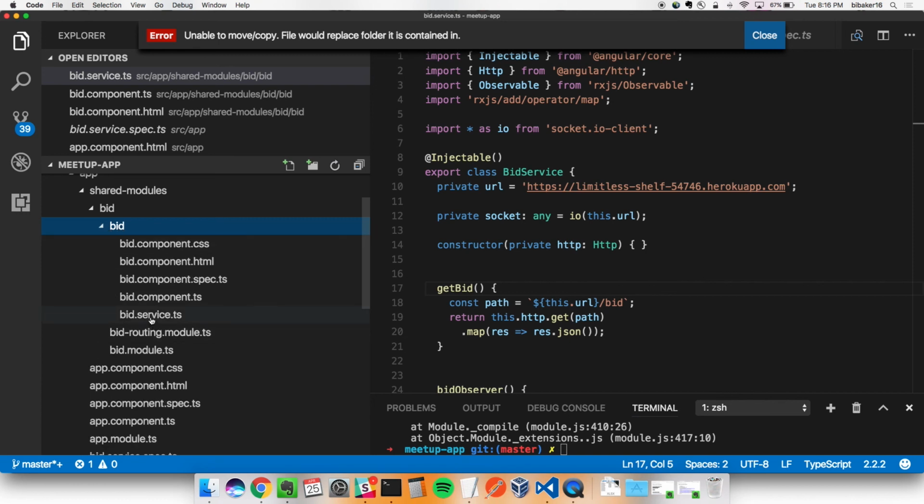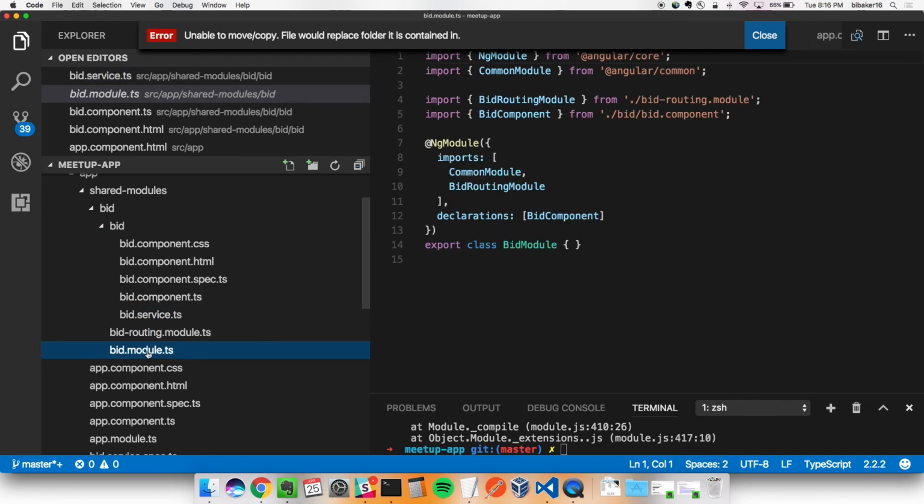Yeah, the service is in there. You would usually put the service into bid. What I like to do with most modules, if they are sharing services and stuff like that, is actually re-export it from the module. That way everything is kind of nicely in one place. So let's have a look. And now the service is going to have to be